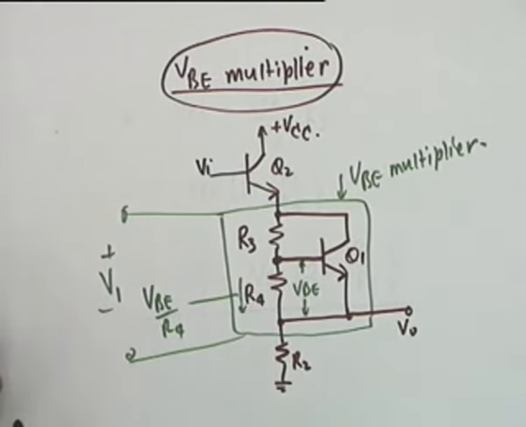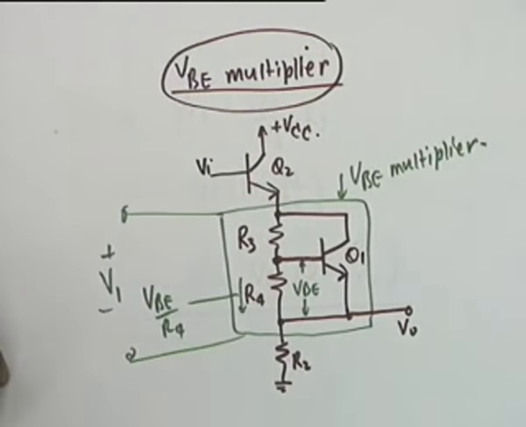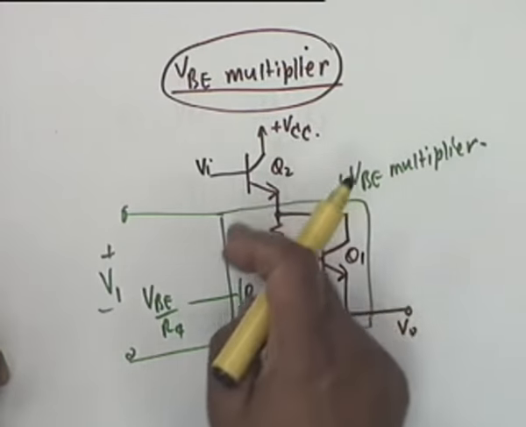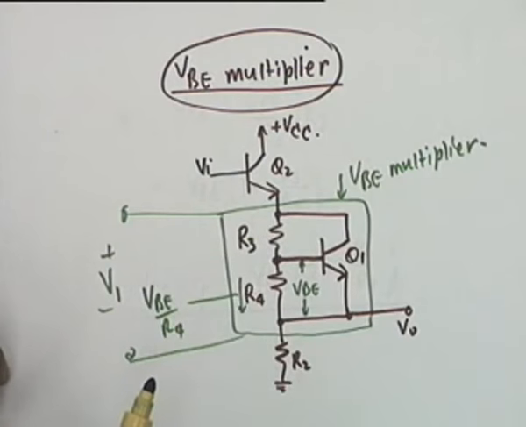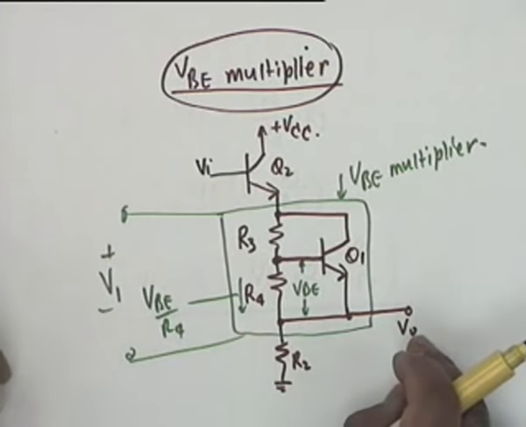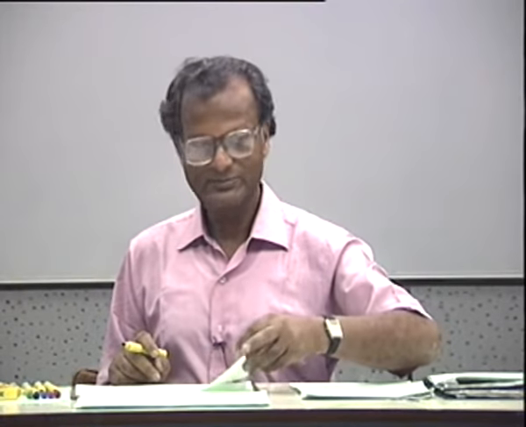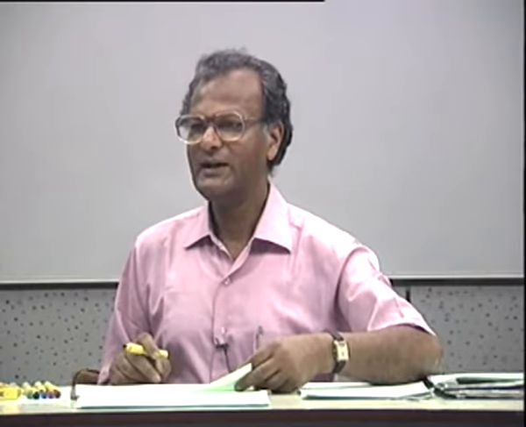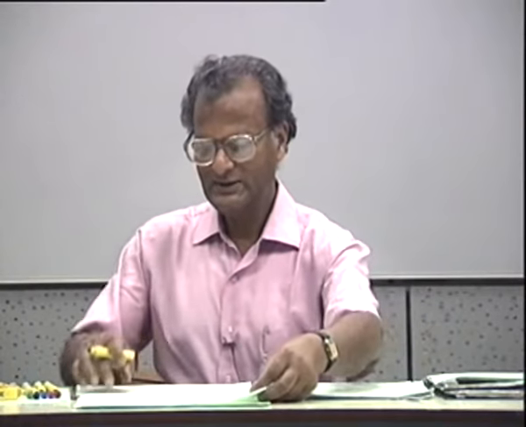Now the $1 million question, I thought Ankur was asking that question. The $1 million question is, what about the signal attenuation between VI and V0? Doesn't this act as a resistance? And there will be signal attenuation. So it is important to calculate the signal gain of this stage by taking the hybrid pi equivalent circuit, and if you do that, the signal gain